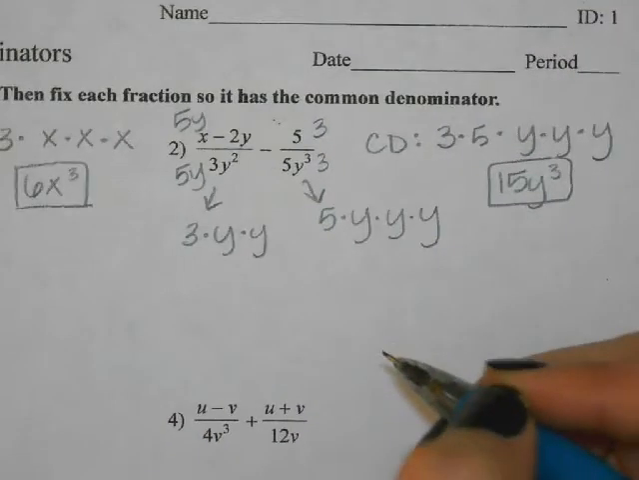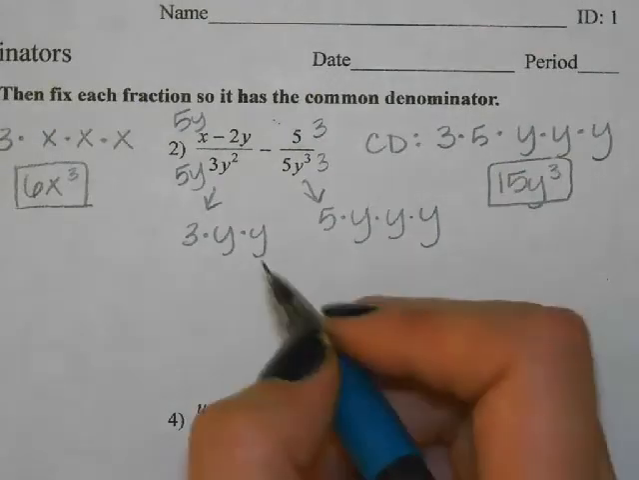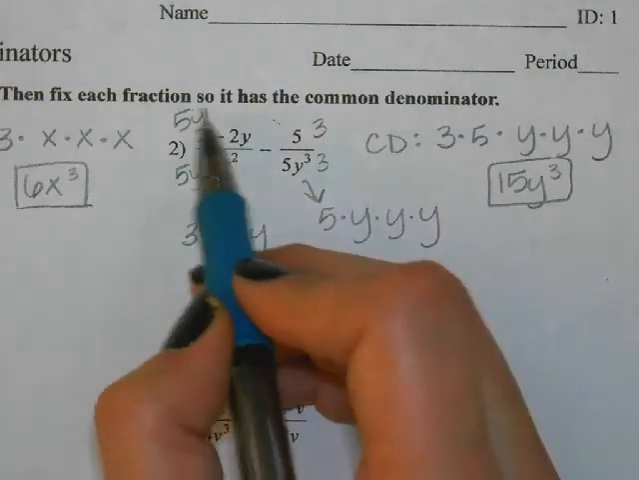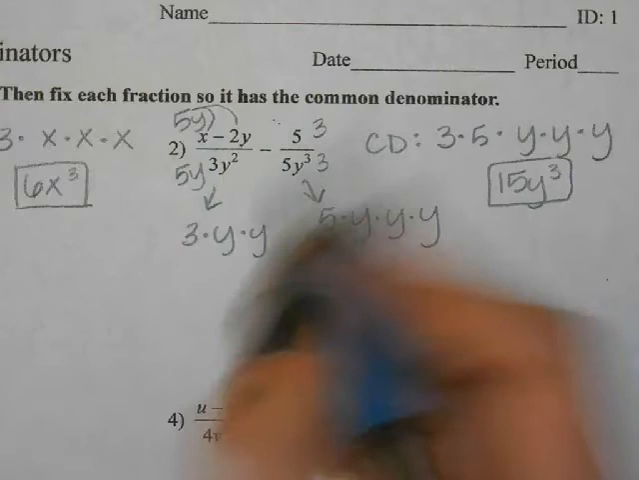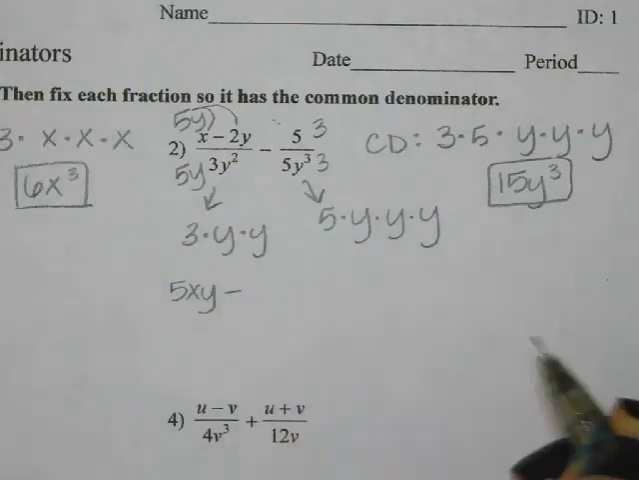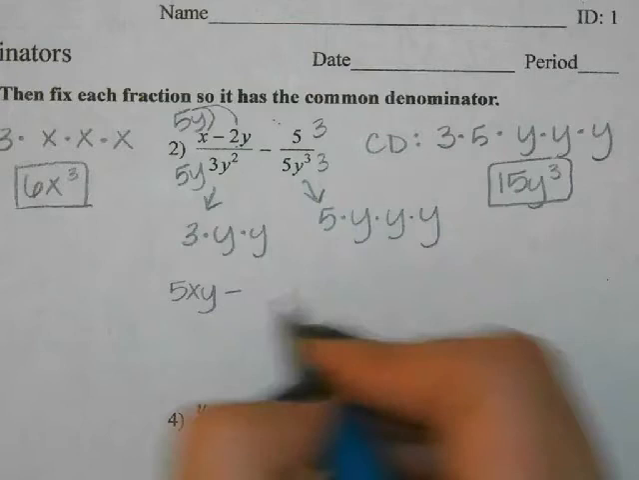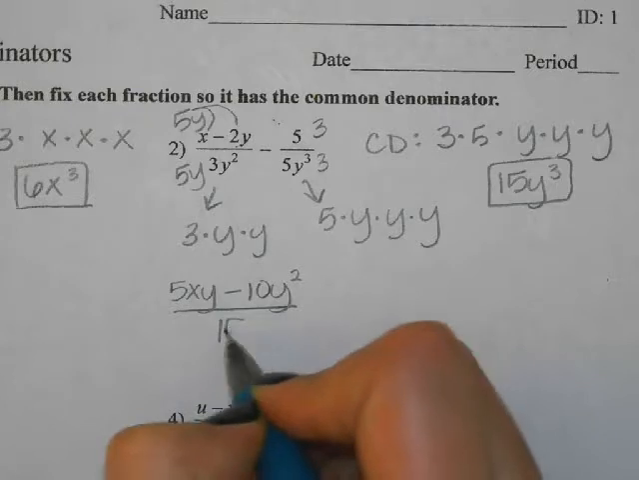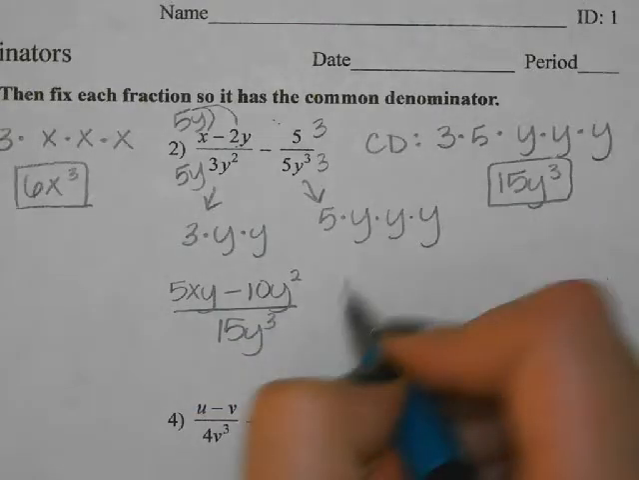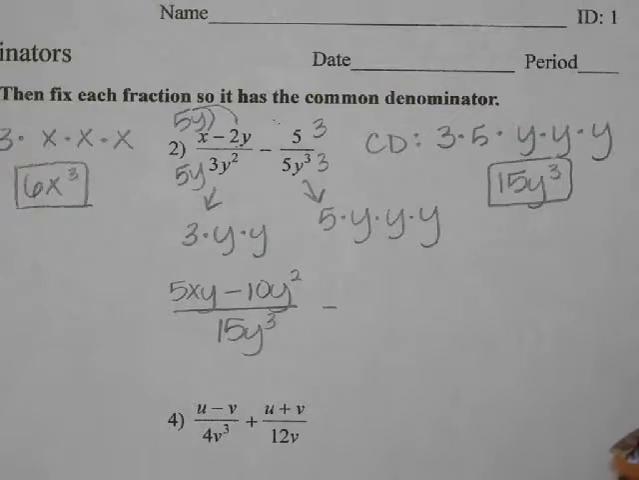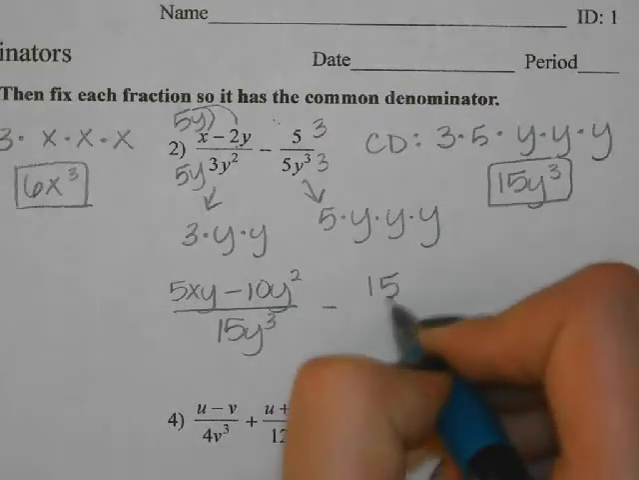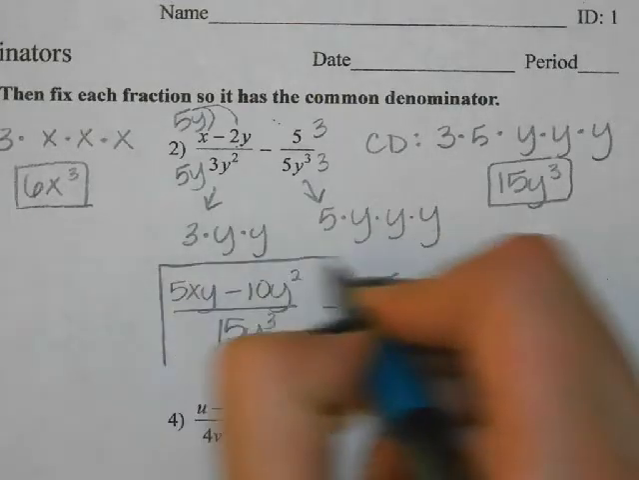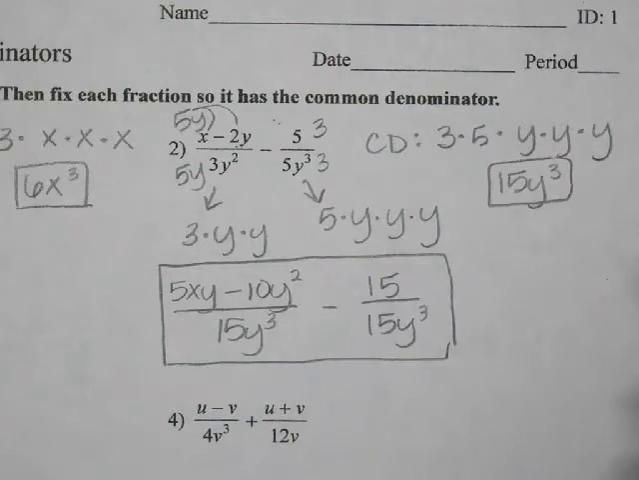And let's go ahead and write our new fractions. So, yeah, the 5y multiplies by the whole top. That means it's distributed. So 5xy minus 10y squared, good. And on the bottom we should have 15y to the third, right? And then what's our second fraction? 15 plus